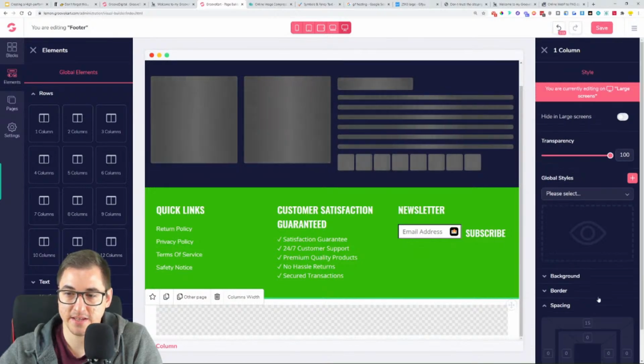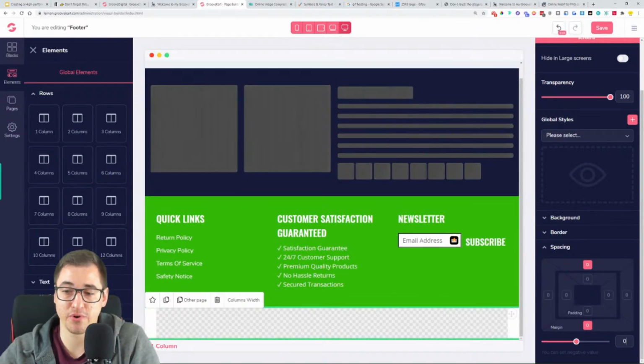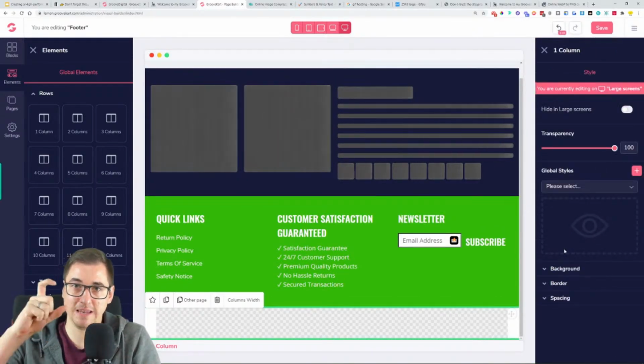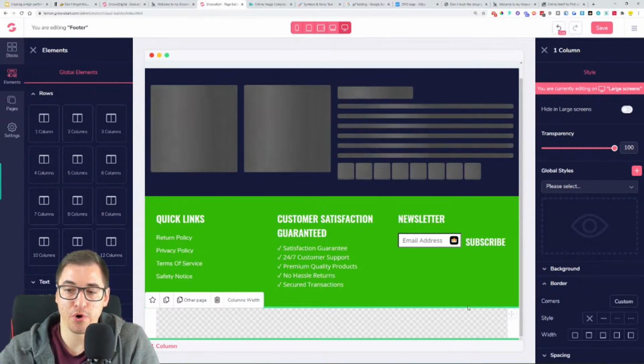The first thing is we'll go and remove this extra spacing on the margins. We'll just put it back to 0. It's really important that we do that, otherwise it will be leaving us a little bit of empty space. The next thing is to add on a border on the top here of this section. So of the one column, we want a border on the top,